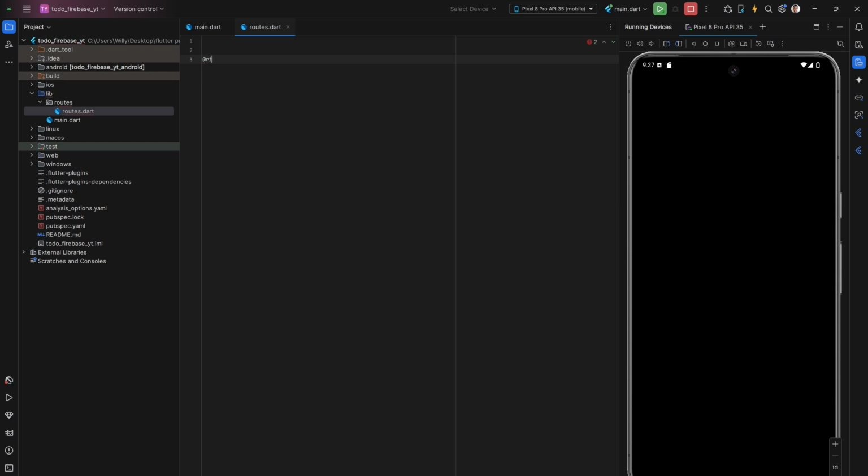So I'm going to use @riverpod, GoRouter, ref. So what we want is to return GoRouter. So we want to import the Riverpod annotation and also the GoRouter package. Don't know why it is not suggesting for me here, but it should for you. So inside this,